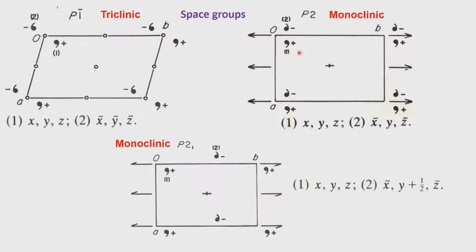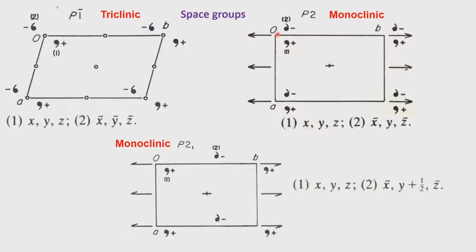that if you have an object which is XYZ, which is sitting at point 1, it undergoes a two-fold rotation. It goes from XYZ to X bar Y Z bar. The location of the two-fold could be anywhere along the B direction. So, the value of y is arbitrary. Whatever is the value of x and z, it will change to minus x minus z. But once we fix the value of y, then the value of y will remain unchanged.